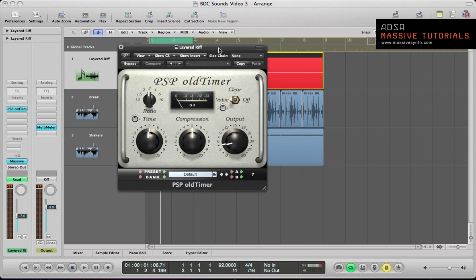It's a really nice compressor actually, really useful. It's quite a subtle sort of compressor, it's not really kind of very harsh at all, so it's perfect for this kind of sound really. We don't want to smash it or anything, we just want to kind of tie in some of those dynamics a little bit and just firm the sound up. So